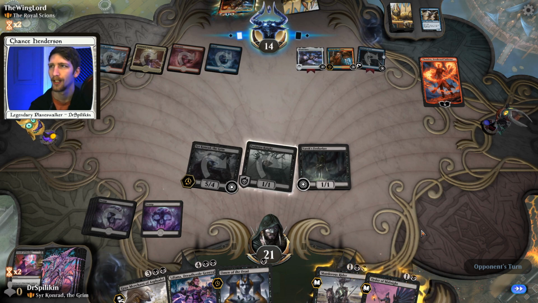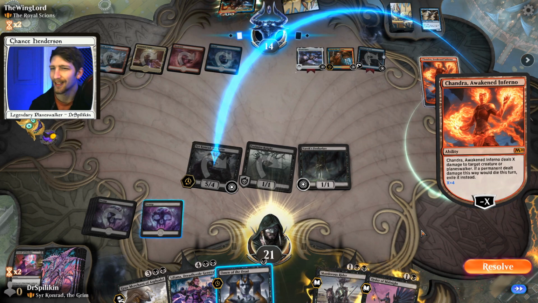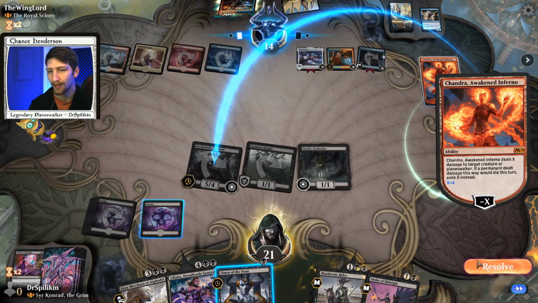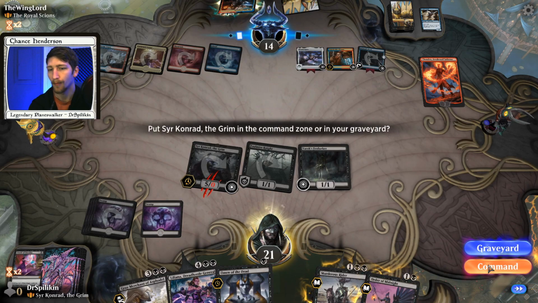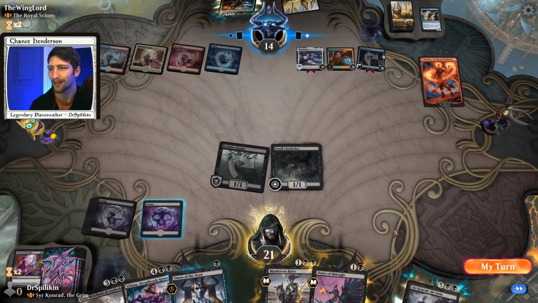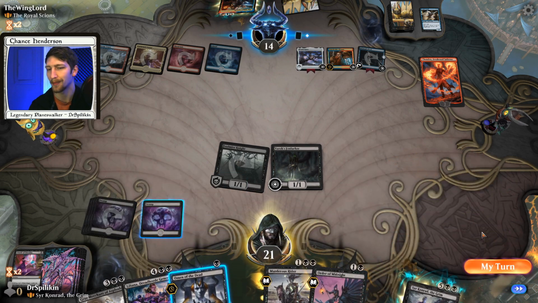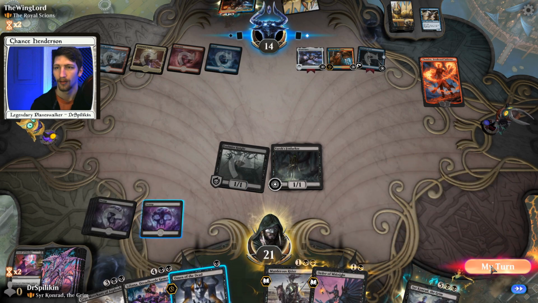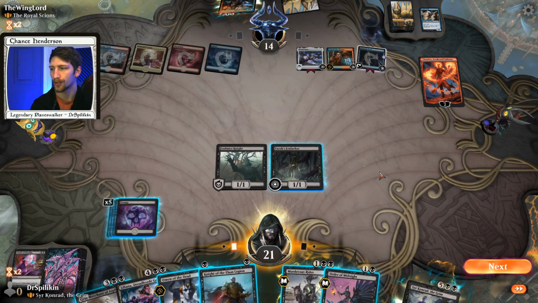Alright, so Chandra, do your little board wipage, or are you just going to kill the Syr Konrad? Because, I mean, either way, Chandra's going to die. She is. Well, unfortunately for you, we can still just put him back in our command zone. It doesn't work like that in the fact that you can't... well, I guess we could have put him in the graveyard and then used Omen of the Dead and it would have made him cost less. Ugh, chance. Rookie mistake. That's okay. We're still gonna...